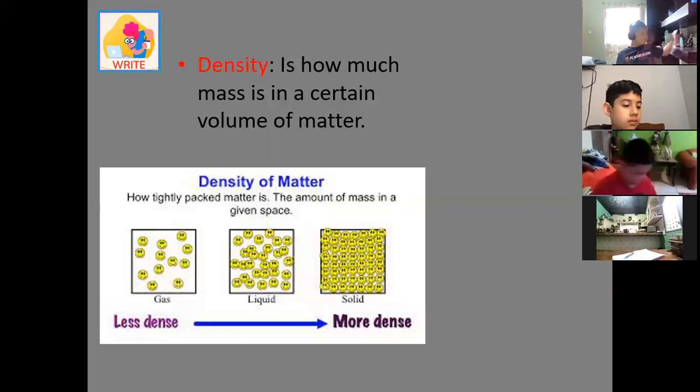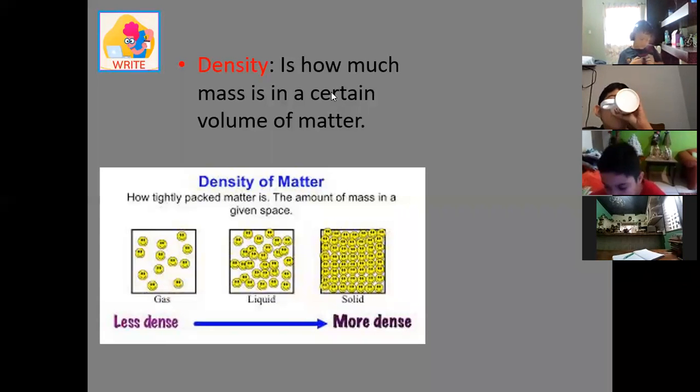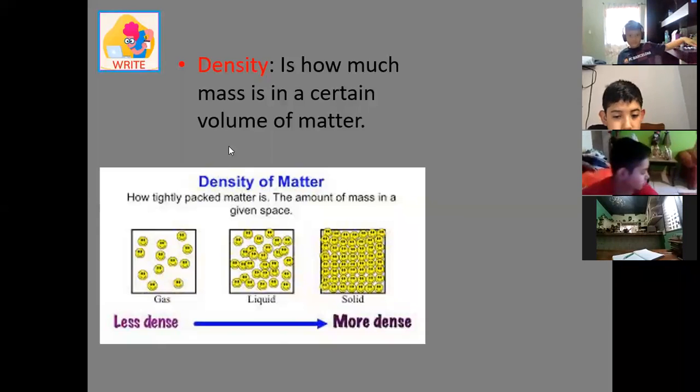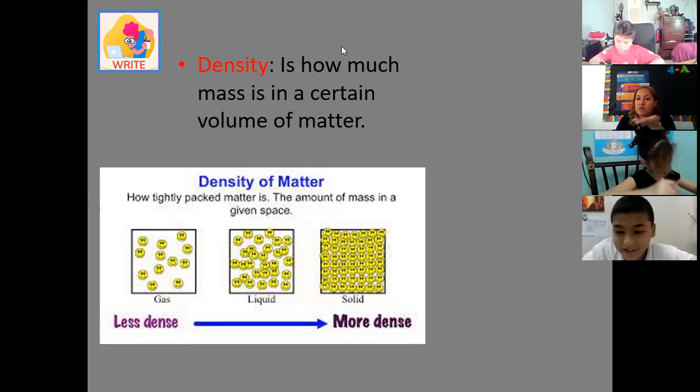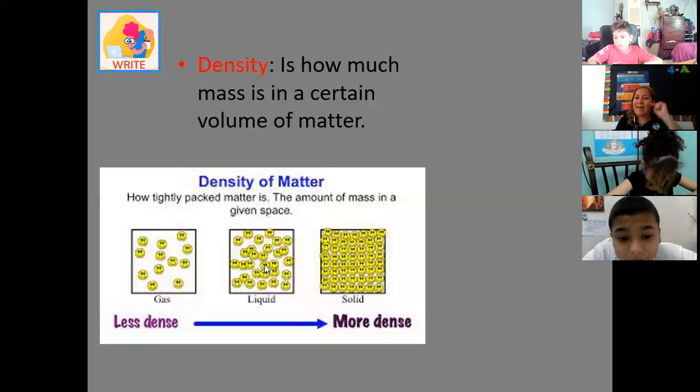Okay, this is what I want to mention about liquids. Liquids have different density. Density of matter, look at this, is how tightly packed matter is. The amount of mass in a given space. What happens if I pour some water here on my hand? What could happen? Nothing. If I spill some water here on my hand? Nothing. Yeah, the water is going to spread all over my hand quickly because the density of water is less,